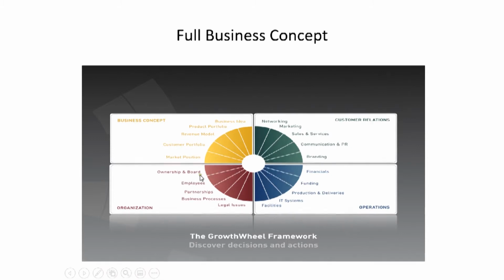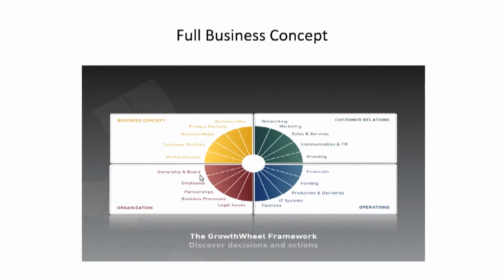And then here we also looked at your ownership and board. Now that you have your business, who's going to own this business? Now, this is where we actually gave a guide on how to select partners or people to partner with. What do you look at? You don't just choose your cousin because you grew up together, you were friends, you're loyal. Here, it's not about the loyalty, but it's also just about sharing the same vision. It must be someone that in your absence, can actually carry on as if you are there. It must be someone that you share the same business values with. So that is your ownership and board. How do you select the people that you're going to run the business with?